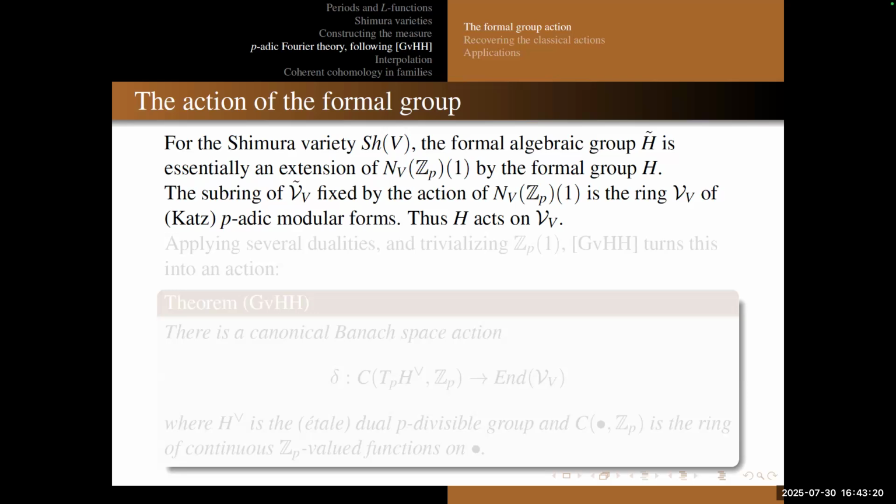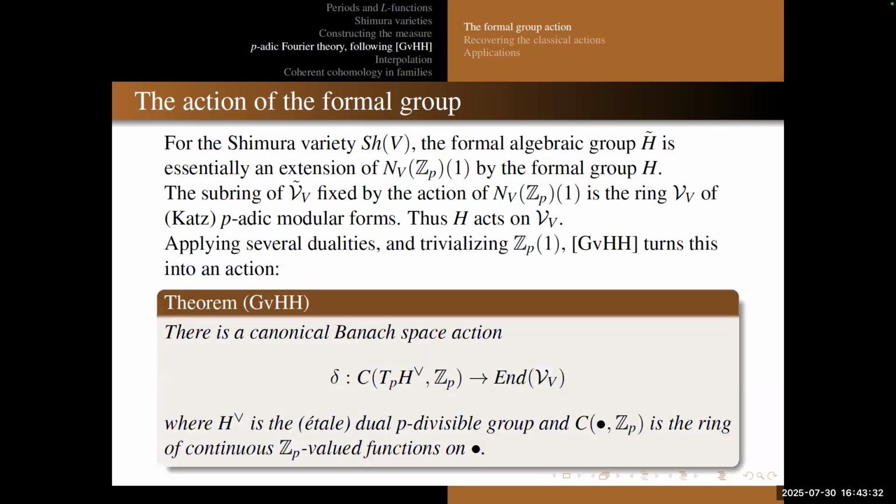So you get an additional action on the p-adic modular forms that one didn't see before, except this includes the p-adic differential operators and the other operators that you're about to see. So now with a few dualities, and when you trivialize ZP1, they turn this into an action. So this is a canonical Banach space action of a ring of continuous functions on the Tate module of the dual formal group to the endomorphisms of the